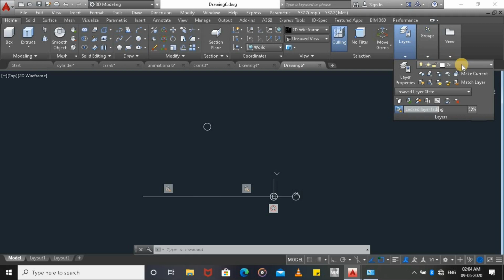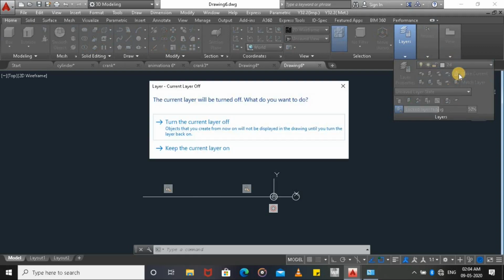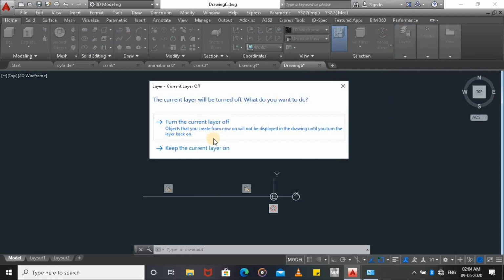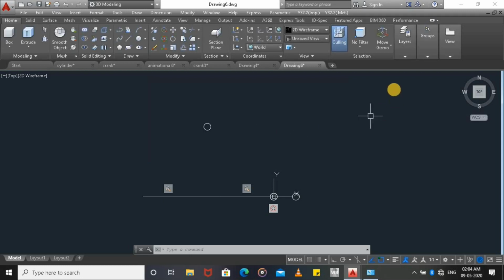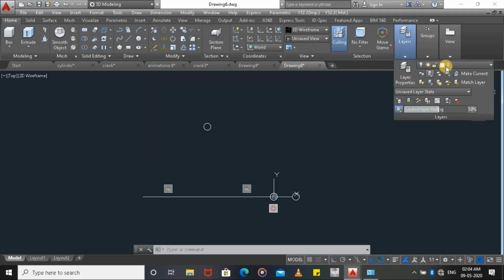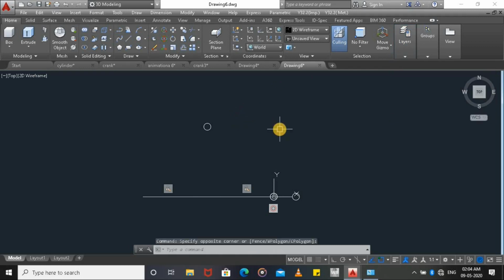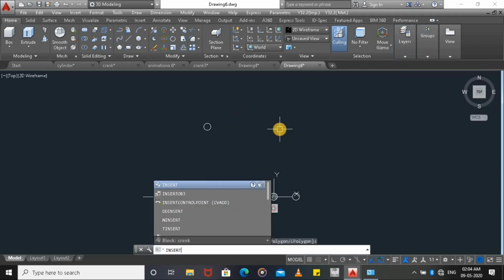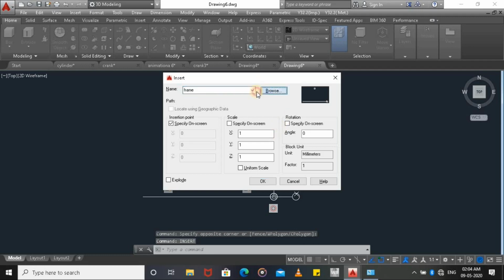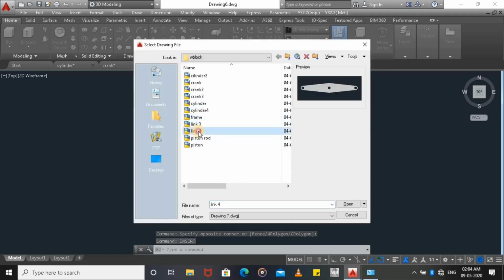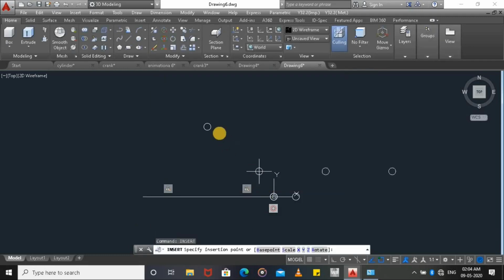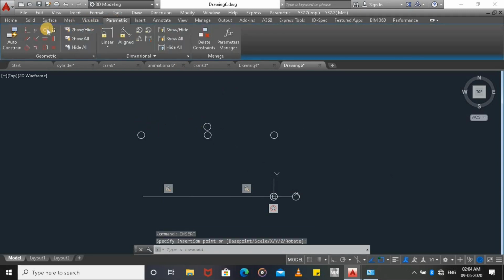So we are changing the layer from 2D to this, and we are turning off this layer. Okay. So we are not turning it on, but we are making this layer current. And then we are using insert. Then I am inserting link 4. Then going to parametric, concentric, this circle and this circle.